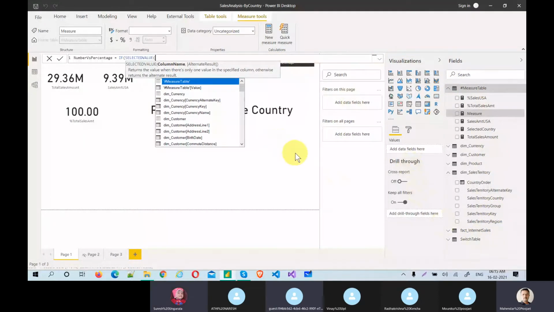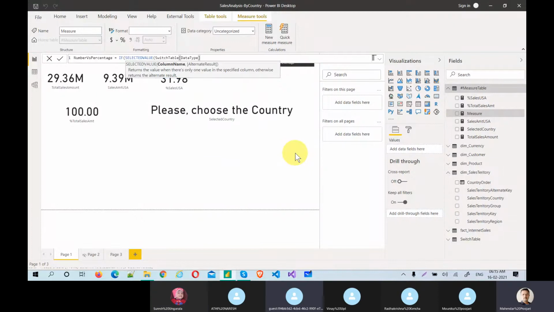If the selected value is from the switch table, what do we have? Data type. Data type is equal to, if you go and see the data type, we'll see the exact spelling. I remember one is number and the other one is text. If it's a number, comma, give the total sales as a number, this one. If it is a percentage, give the percentage.